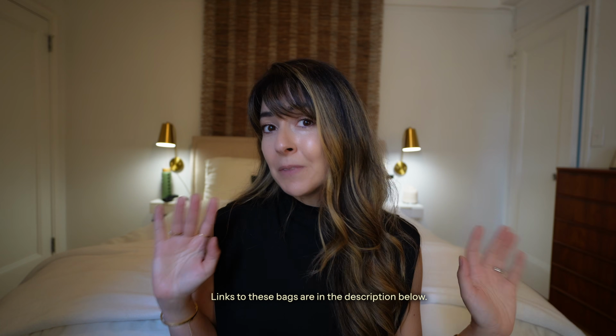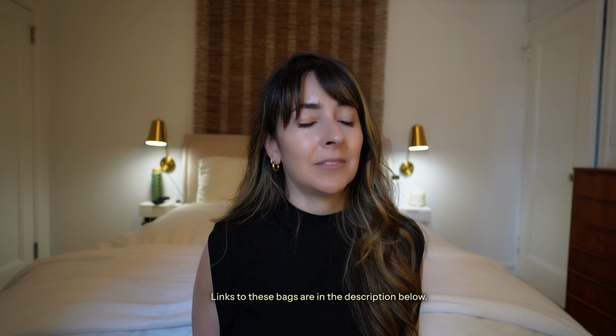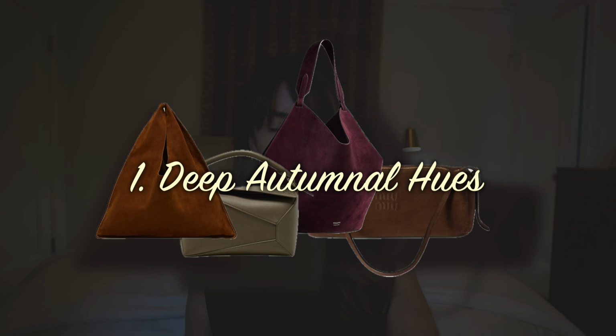I'm going to talk about the trends that we're seeing, and some of my personal picks. We are seeing some styles come back, some classics being reimagined, and even some exotic prints. So without further ado, let's go into the first trend, which is deep autumnal hues. We are seeing a lot of chocolates, a lot of khakis, olive colors, these darker tan, caramel colors,